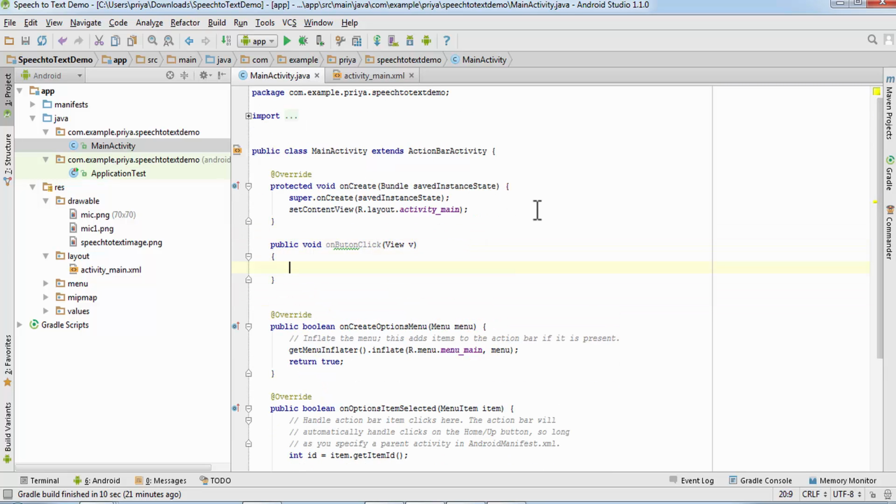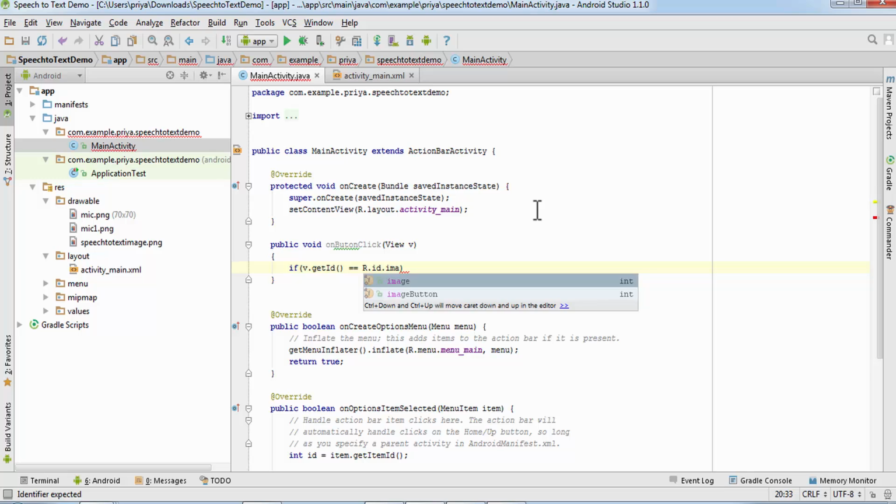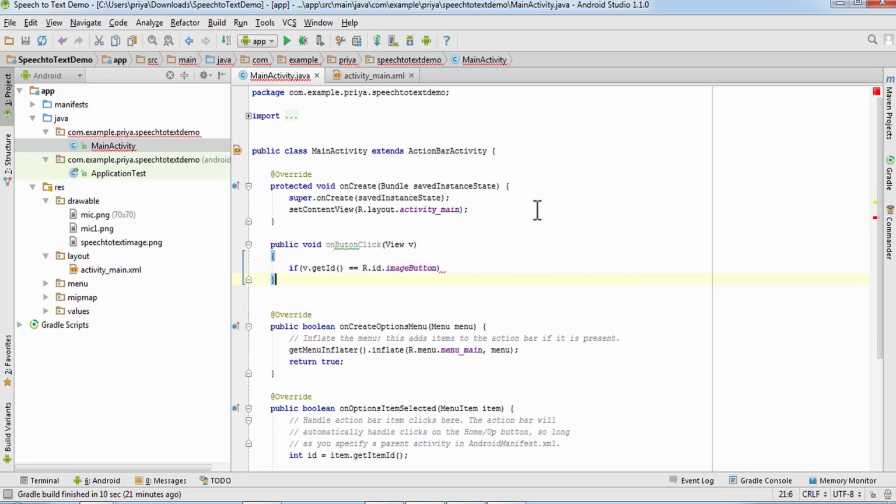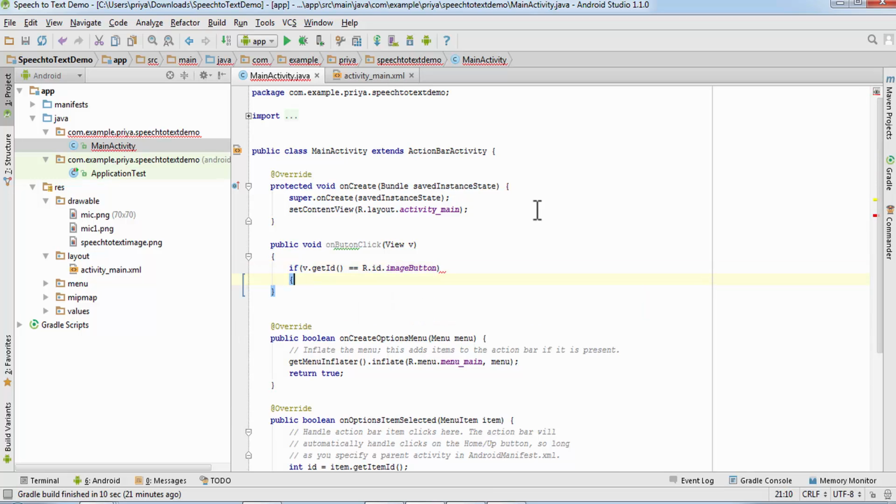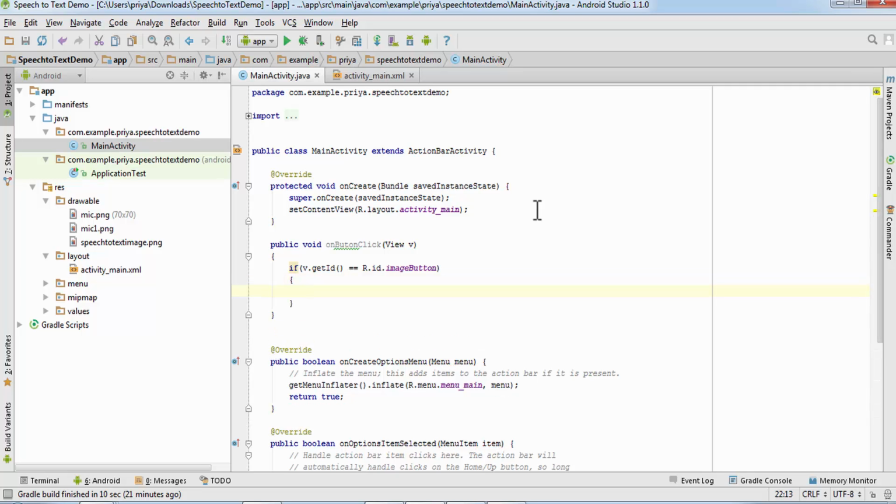Now if our v.getID equals R.id.image button, then we'll do this. So I'm going to need one text view for result.